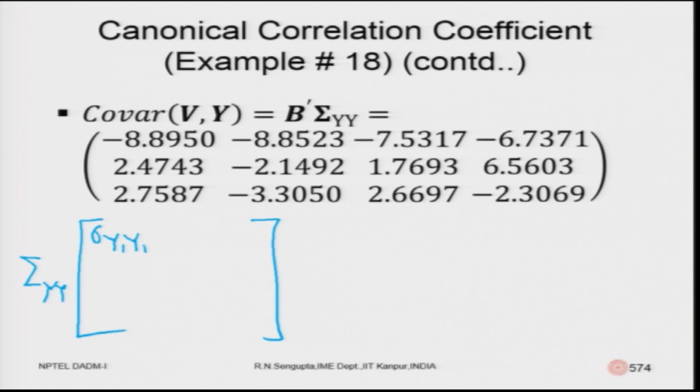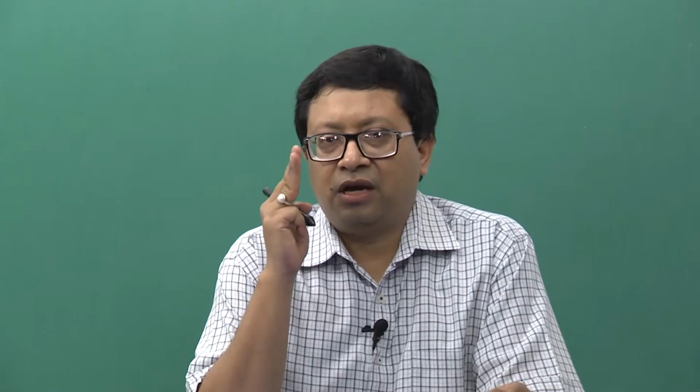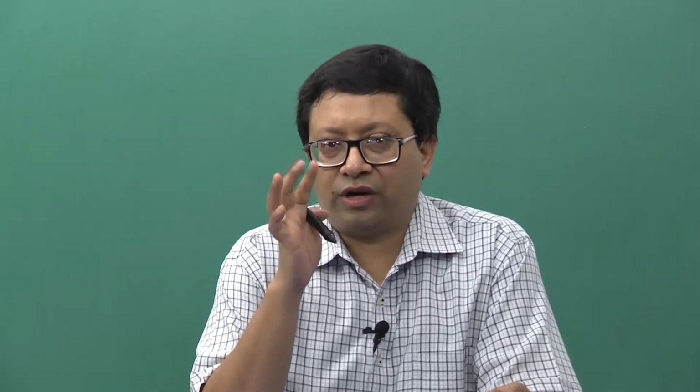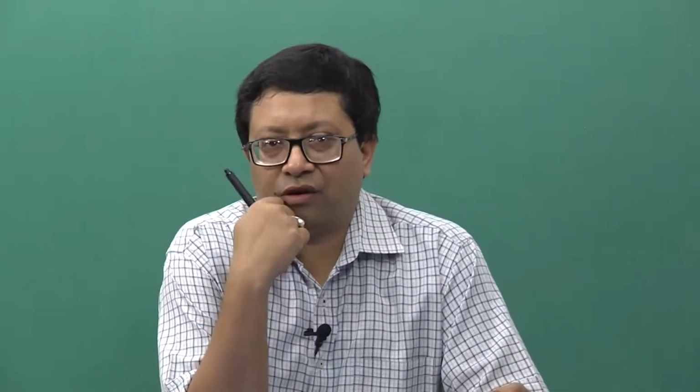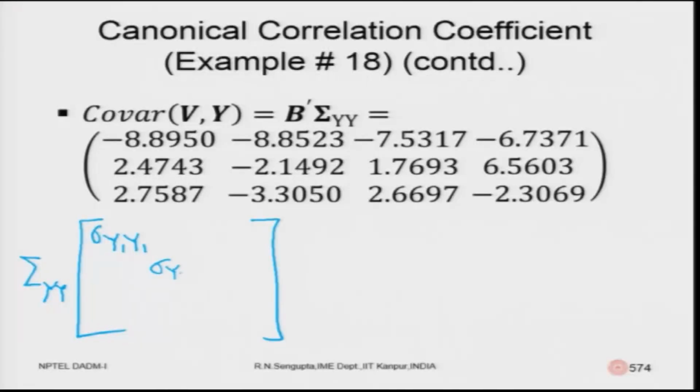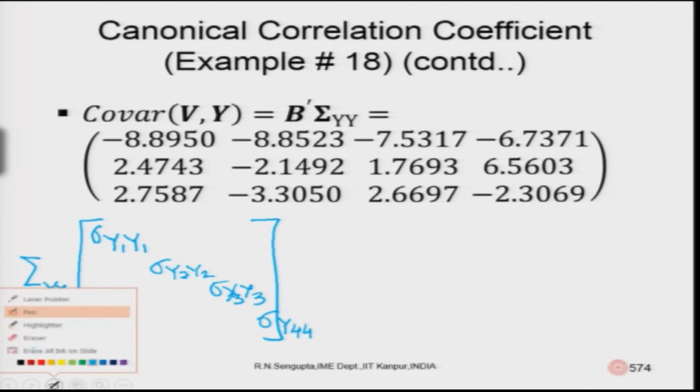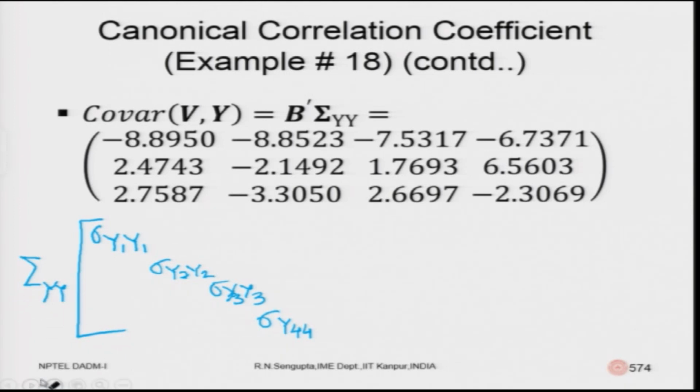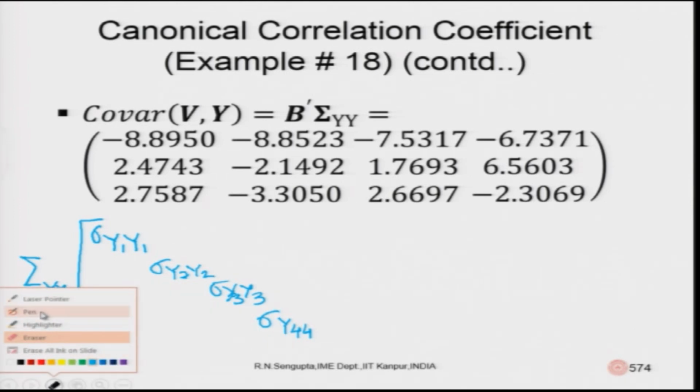Now, remember the size of sigma x x and sigma y y are different. In x you had 3 variables x 1, x 2, x 3 and in y you had 4 variables y 1, y 2, y 3, y 4, depending on the level of dependent structure we find out. So, this will be sigma y 2, sigma y 3, sigma y 4. So, I should basically expand